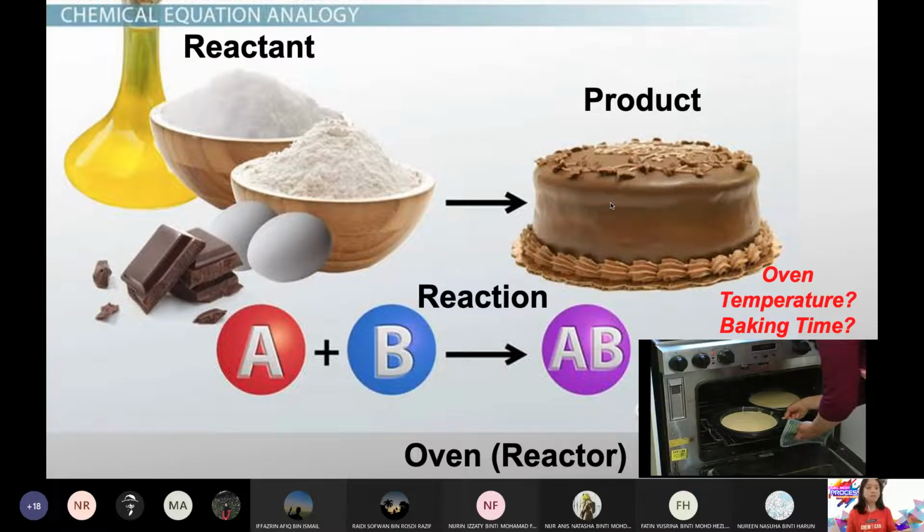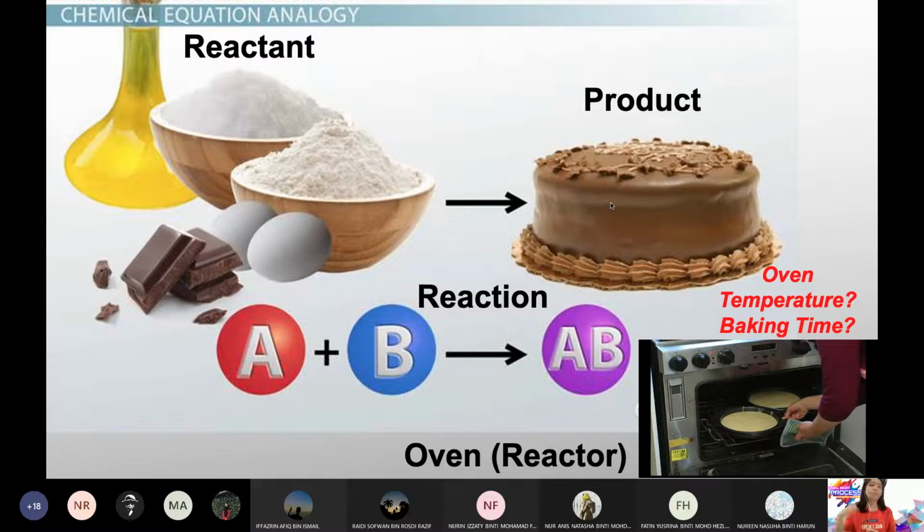So as simple as application at home, okay, if you have an oven, in fact oven is a reactor. Why do we call oven a reactor? Because the reaction takes place, right? In order for you to bake a cake, right, you need a vessel or you need equipment. So the equipment is an oven. Okay, since reaction takes place for you to get a cake, so the oven is actually your reactor.